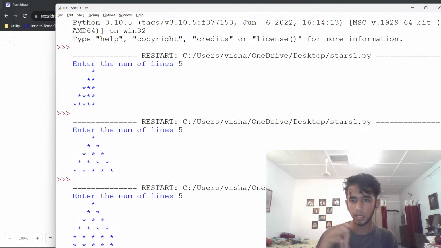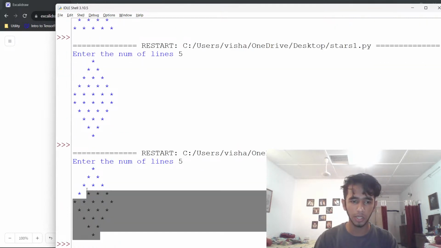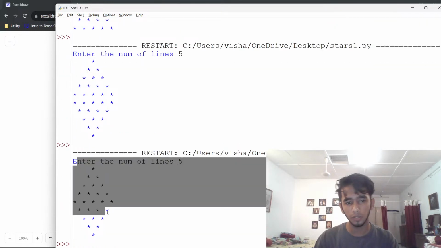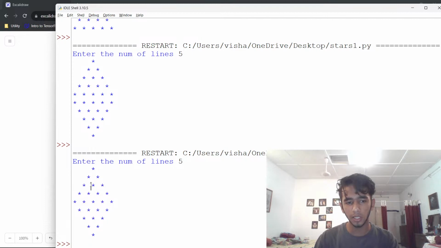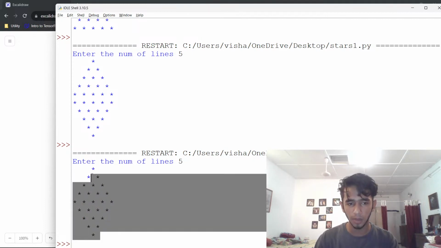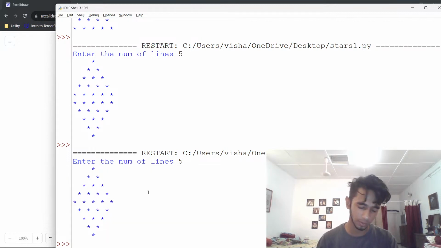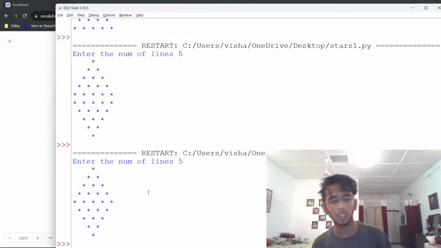But there can be some complex patterns also. There can be a pattern of similar type, for example this type, and instead of having stars in between, they will be giving you spaces in between. So I came across this program in my class 11 computer science book, and the logic that is used here